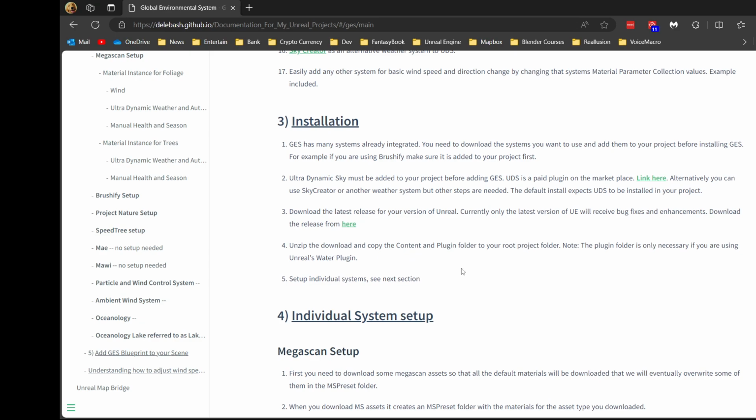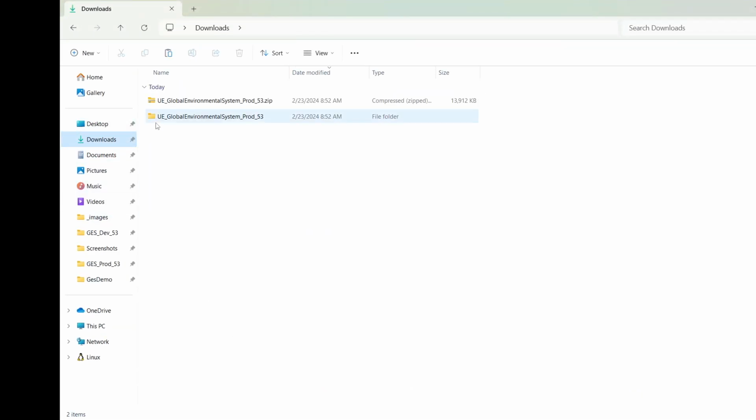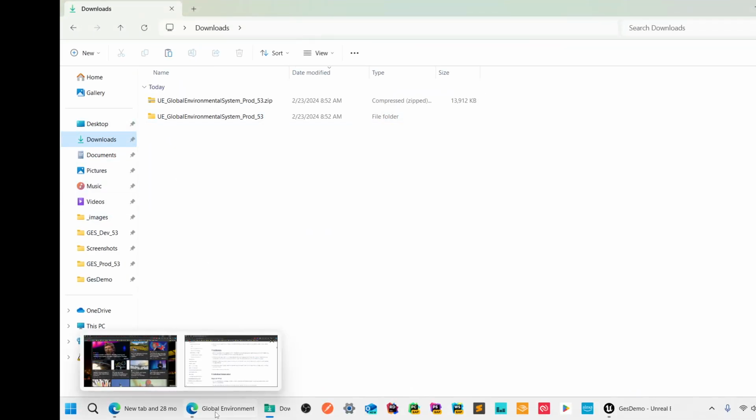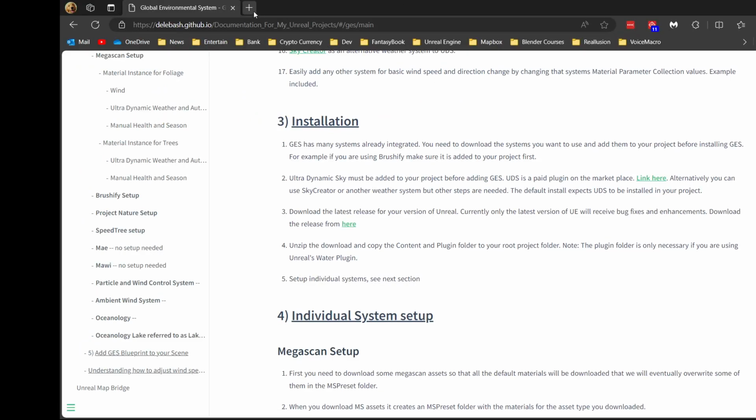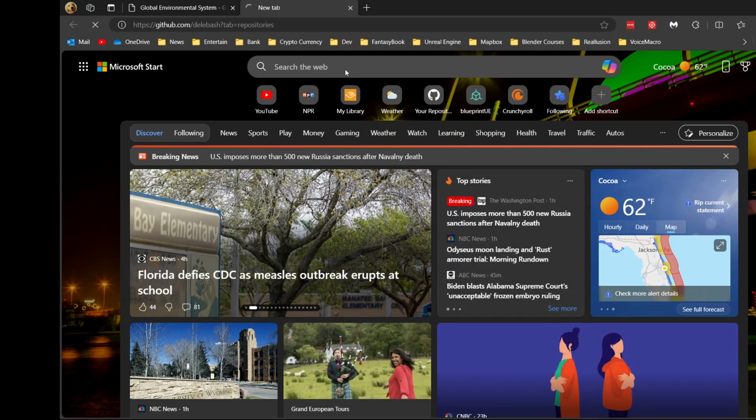The next thing we need to do, you can download GES and unzip it, and I've already done that. So downloads and unzip it. I'll just show you where to get that from. Let's see, and I'll obviously put the link in the